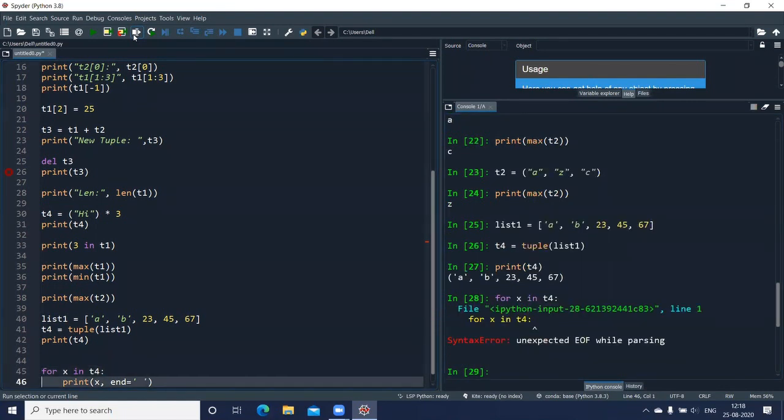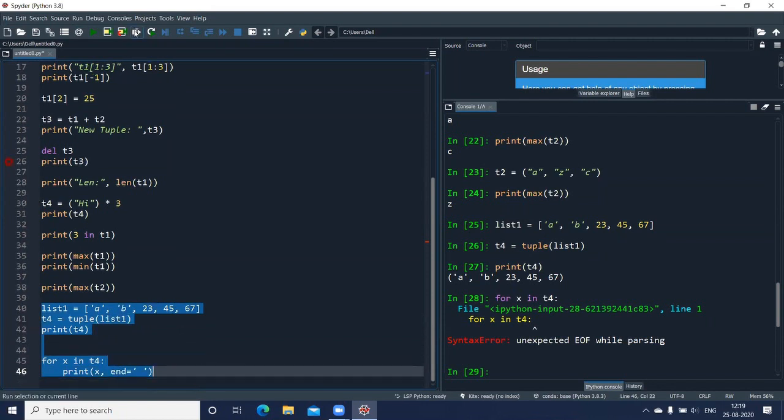What has happened? T4 and unexpected end of file while parsing. Okay, so let me check it out. T4 has already been created. Okay, let us run this whole thing.